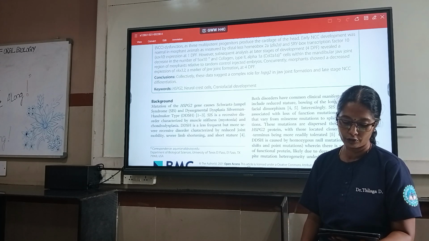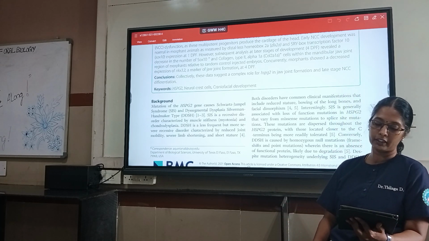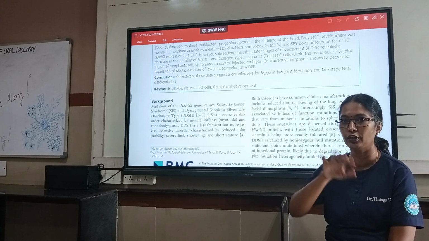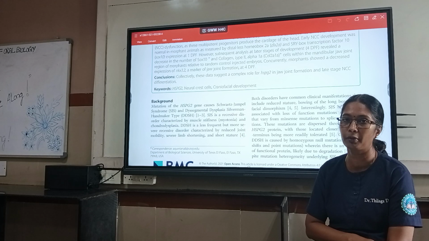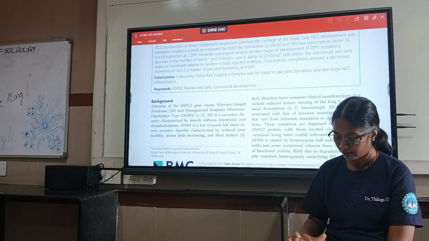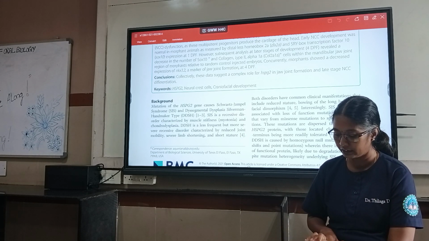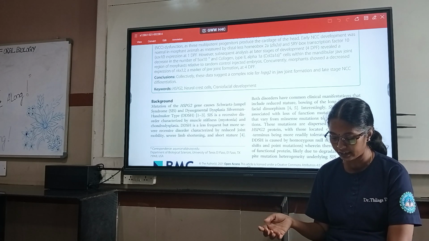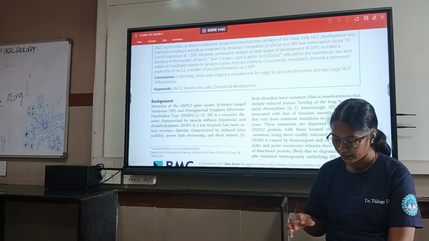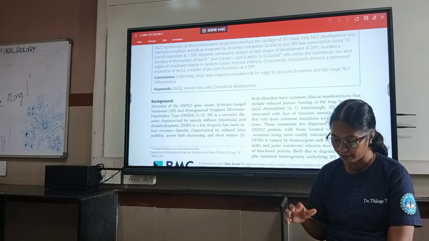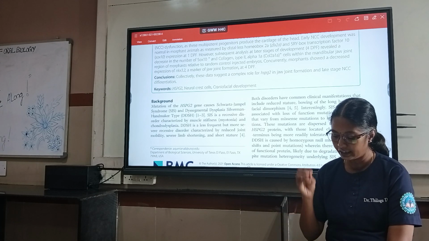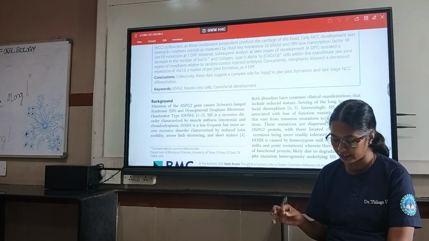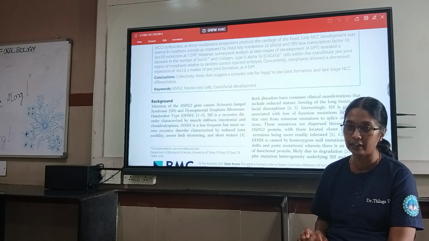Unlike other synovial joints, the TMJ is formed from the cranial neural crest cells and the periosteum. So the periosteum is also involved in TMJ formation, unlike other synovial joints. The novelty of this study is they want to know the role of the extracellular matrix and the periosteum in TMJ development. The deletion of perlecan, a primary component of the extracellular matrix, will disrupt jaw joint formation, and they wanted to prove that HSPG2 is essential for joint formation in the developing zebrafish.